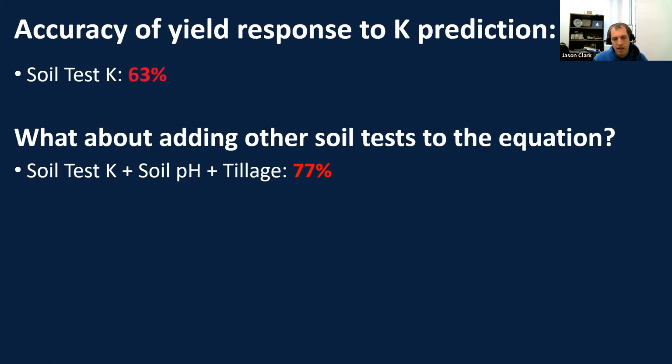The thing that's not in this data set that will be in the next 6 months is my graduate student's work on the data. Clay mineralogy has shown to be pretty important up in North Dakota, and Minnesota has shown it some as well. And we're looking at how the mineralogy in our clay types, how well they hold on to K or release K, can also help us improve our K recommendations. So that's something that'll hopefully go into this and hopefully increase the 77% up quite a bit more than what it is here to a little bit better accuracy. But that's something that'll probably come in next year's crop hour and this summer.